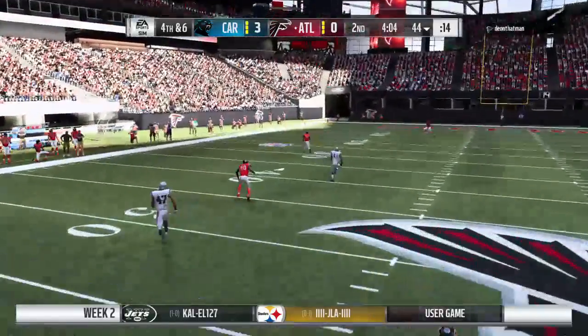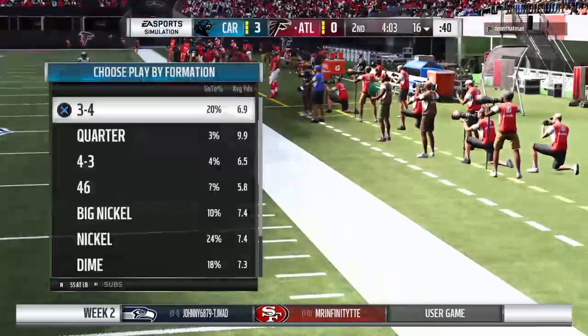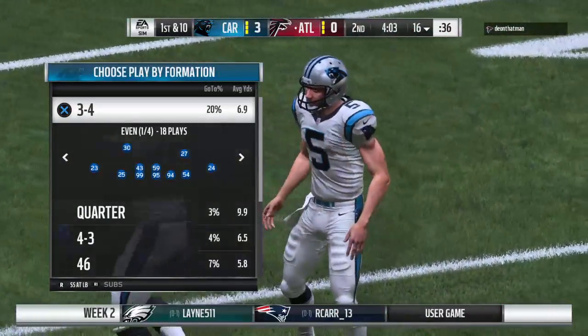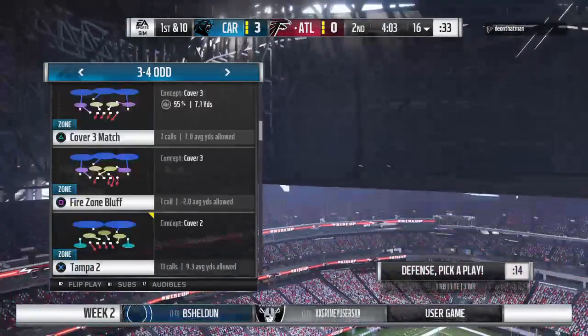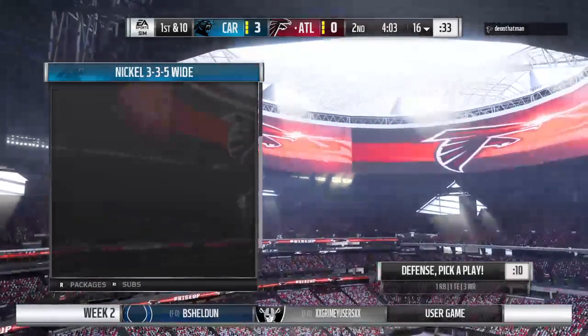.44 on his first punt, and this is a good kick as well. Atlanta now coming out on the field. And this is a unit that, to be frank, doesn't look like they've woken up yet. I mean, a punt and a turnover on their first two drives. And I think the game's starting to take shape a little bit now, and I'm going to take it into